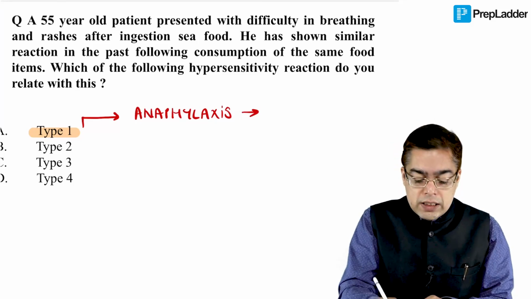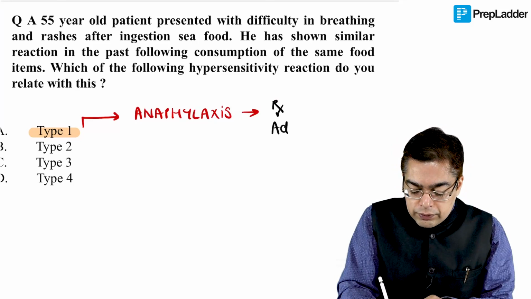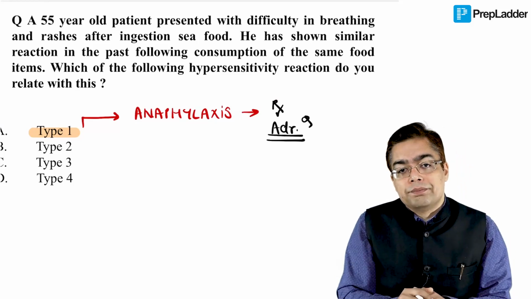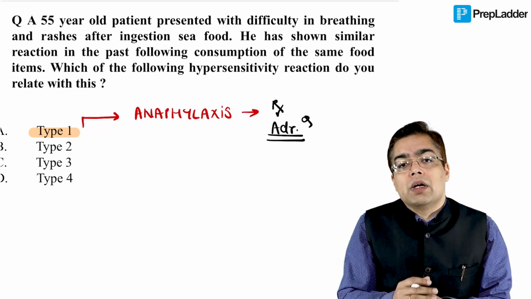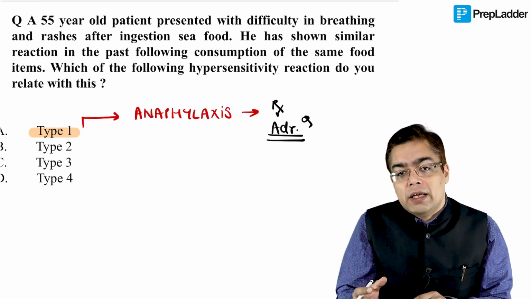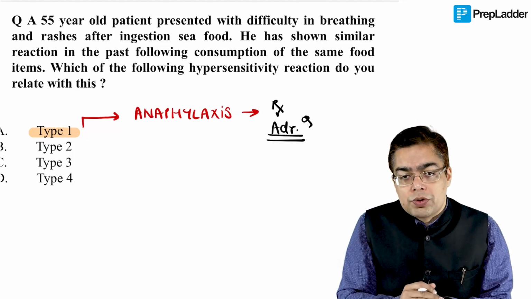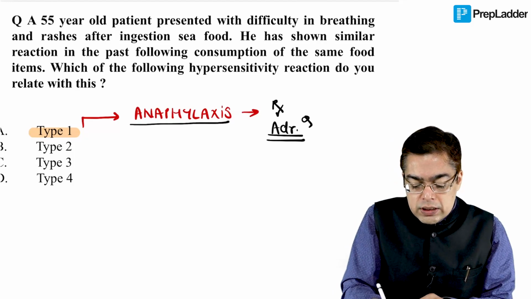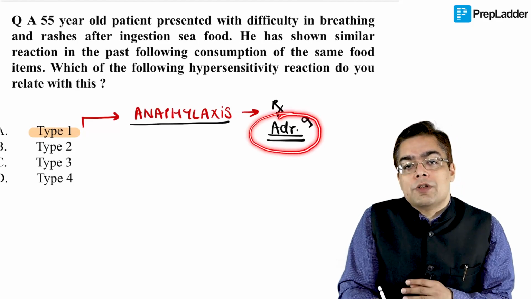Now, because anaphylaxis can be a life-threatening situation, we need to be familiar with the treatment of this particular condition as well, and that is going to be the drug of choice, adrenaline. Of course, you are going to require other support for the patient as well. So, adrenaline is going to be the life-saving drug for this patient in a dose of 0.5 milliliters, and you need to remember that the concentration being used here is 1:1000 intramuscularly. I just want you to be familiar with that fact, because this is a drug which a lot of you are going to be carrying at all times, 24/7, as and when you practice and serve the nation.